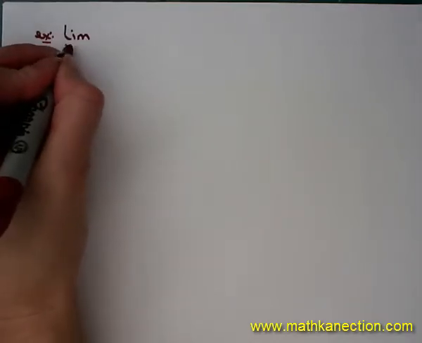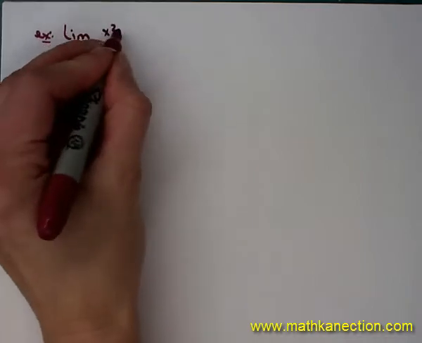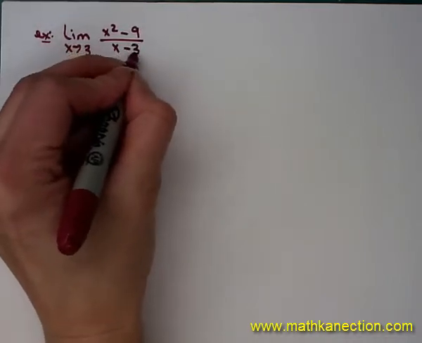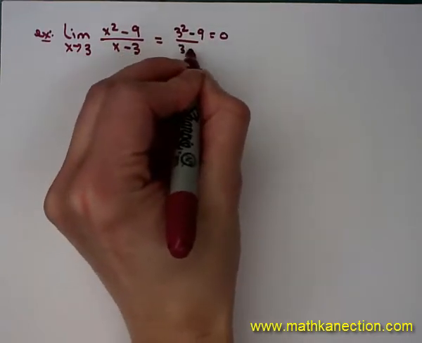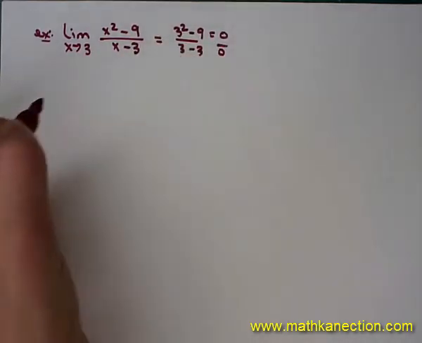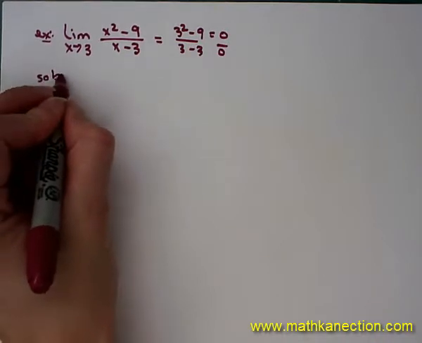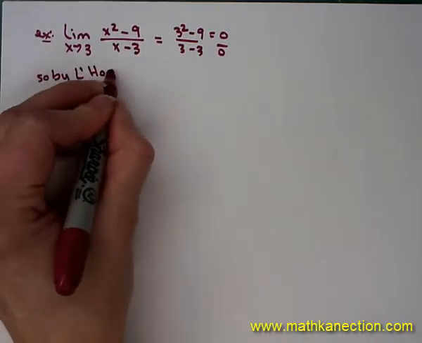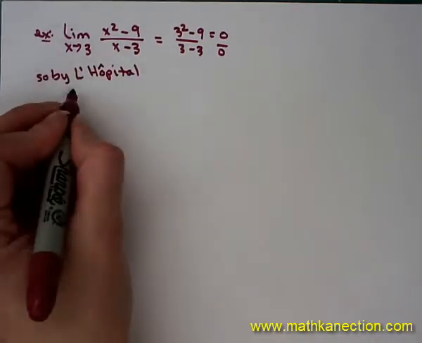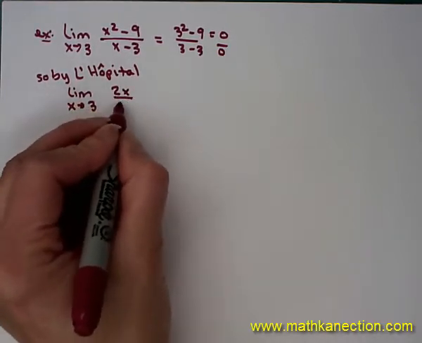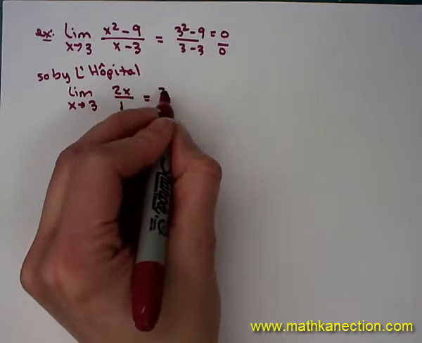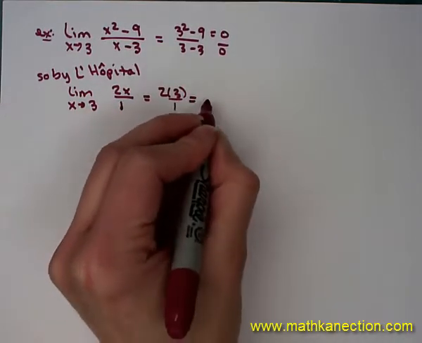In the first example, we have the limit as x approaches 3 of x squared minus 9 over x minus 3. Substituting in 3, the numerator is 0 and the denominator is 0. So then L'Hopital's rule will be able to apply. So by L'Hopital, we can take the limit as x approaches 3, deriving x squared minus 9 to make 2x, and deriving x minus 3 to make 1, then substituting in the value of 3,